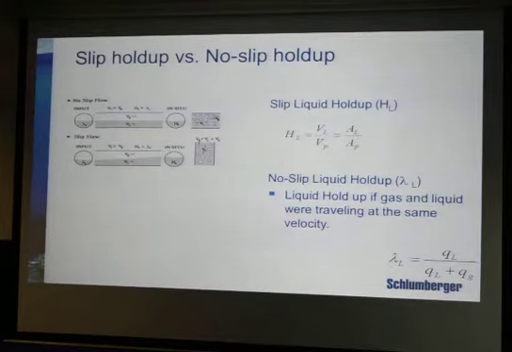Now when we are considering tubing outflow curves, you will find different correlations: Dukler, Brill, Hansen, thousands of correlations are there. All these correlations have two very important factors: whether they have considered slippage or not, and whether they have considered different flow designs or not. Slip liquid holdup is basically HL, and no-slip liquid holdup is lambda L. This is the ratio of flow rate, and this is the ratio of volume.